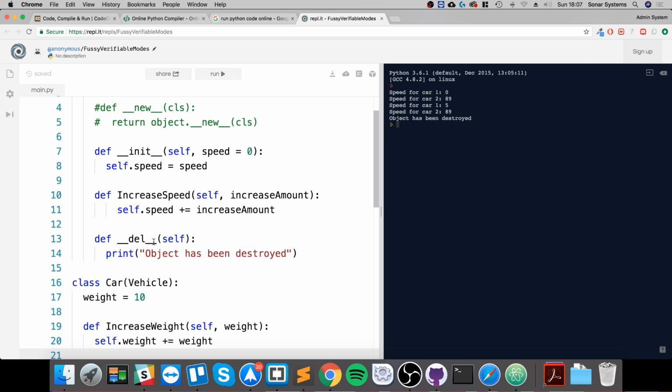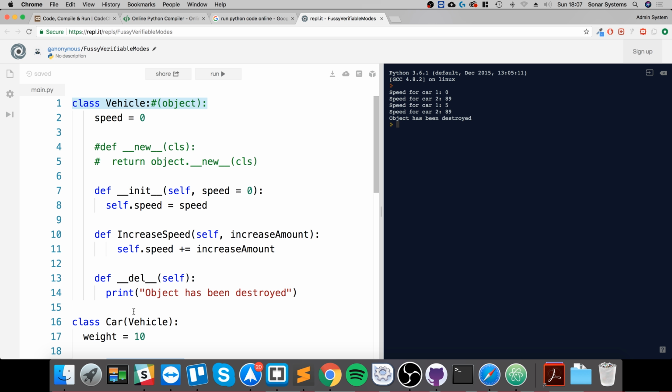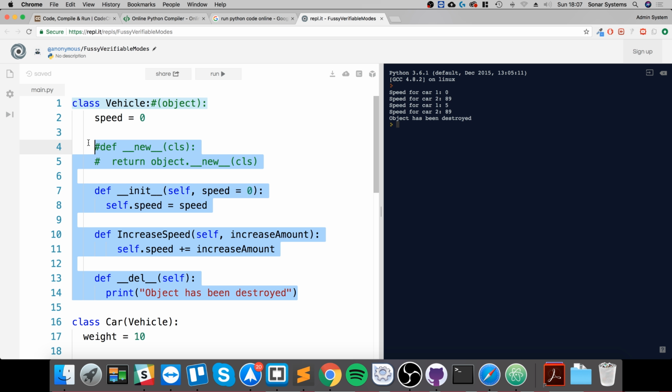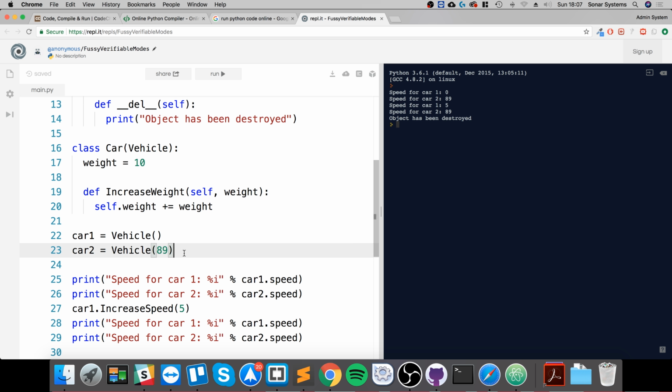Fantastic. So what this means is car has this attribute, it has this attribute, but it has access to all of these attributes as well. So we can do the increase speed. So if we were to create now